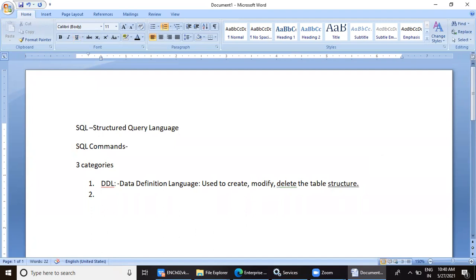Example of DDL category commands: create. See, Oracle commands are not case sensitive, but when it comes to data, it is case sensitive. So right now we'll be working with commands. So here you need not follow any cases, even mixed case will work.